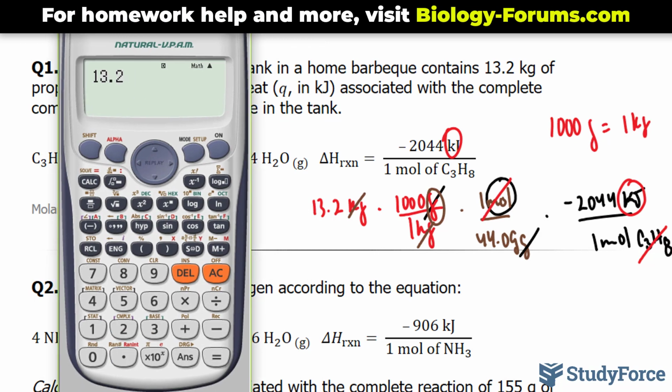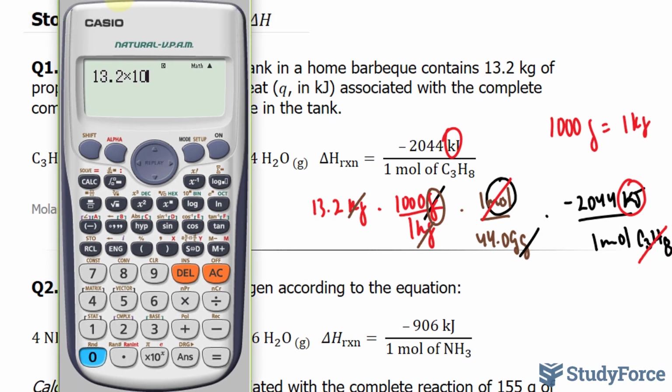We have 13.2 times 1,000, times 1, times negative 2044. This gives us a very large number as expected, and we'll divide that by 44.09 grams. This gives us a total Q value of negative